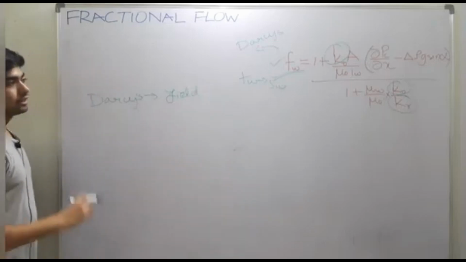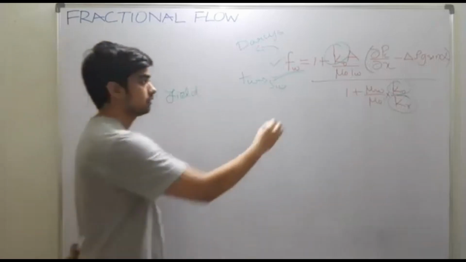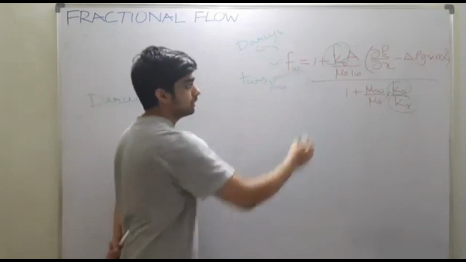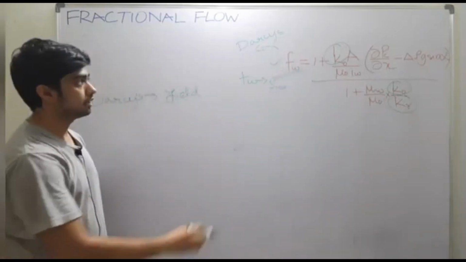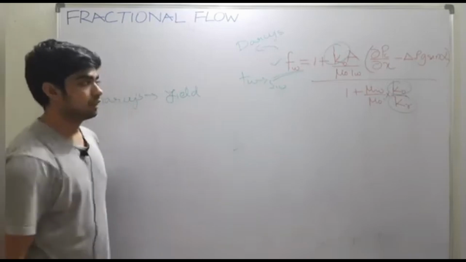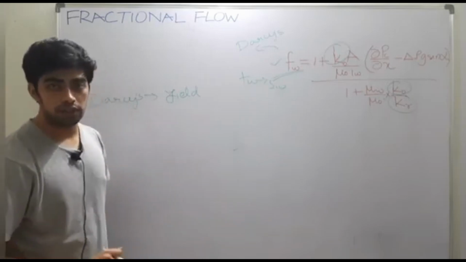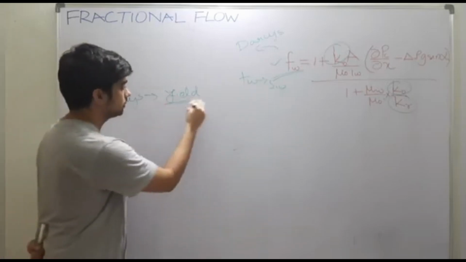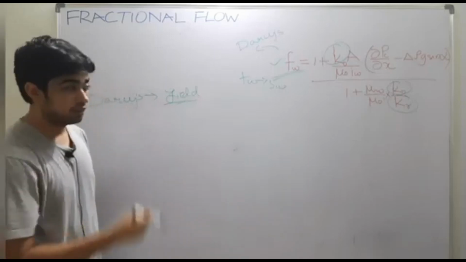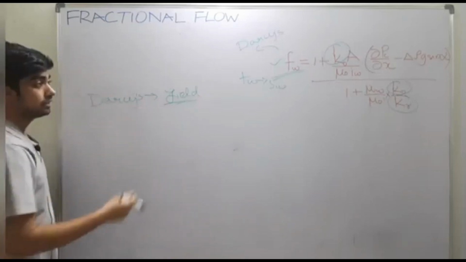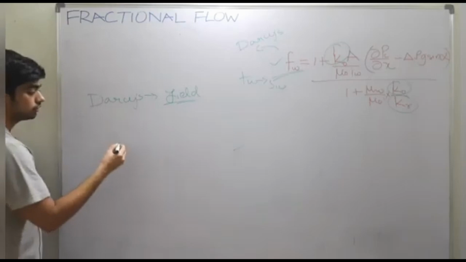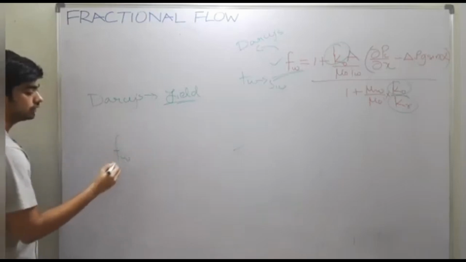This particular equation is only valid for Darcy's unit. Answers will be wrong if we enter variable values in field units. So we will make changes in this equation according to our need. So fractional flow can be calculated as